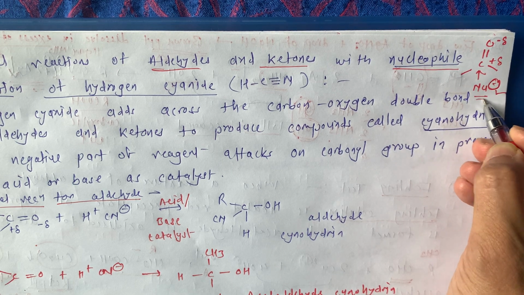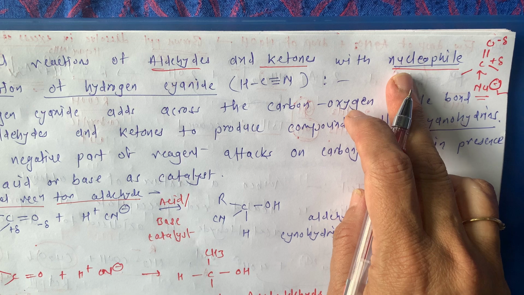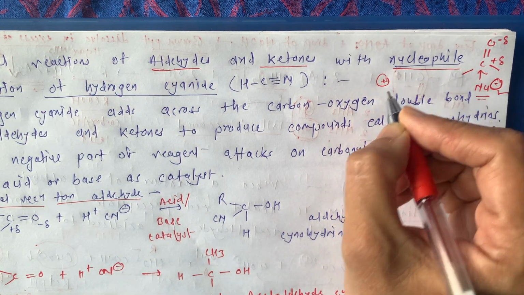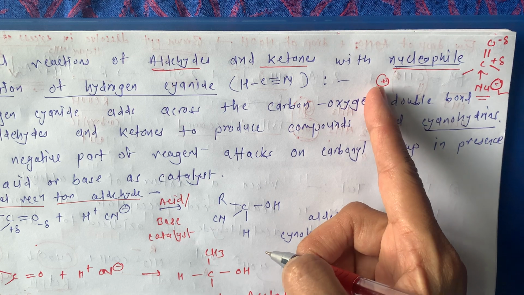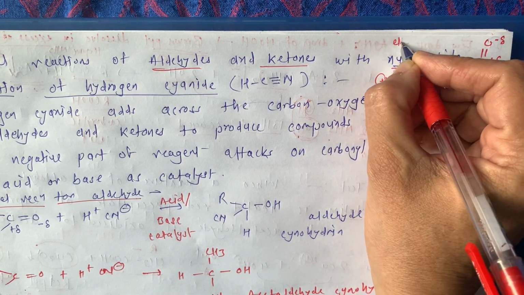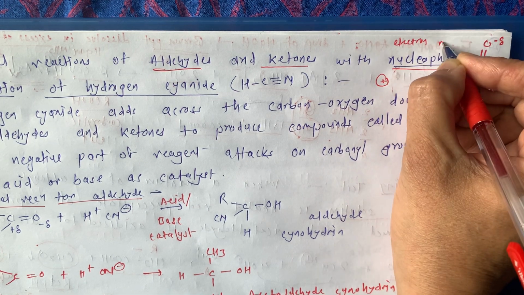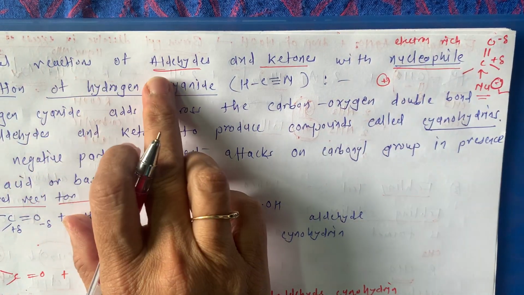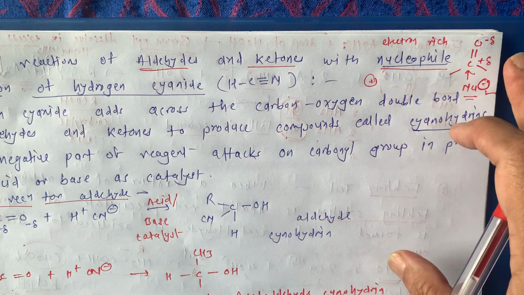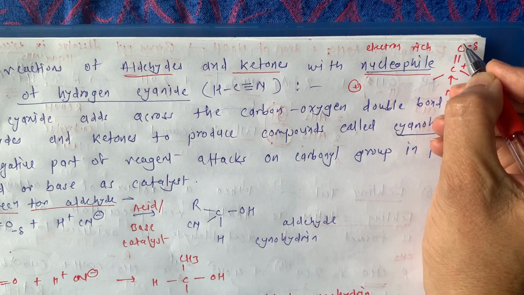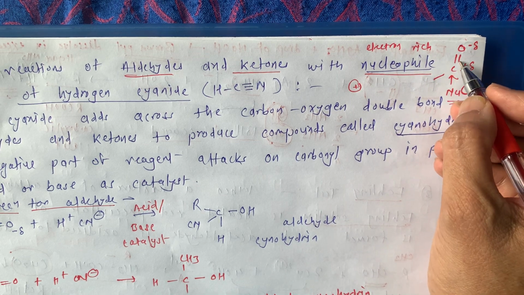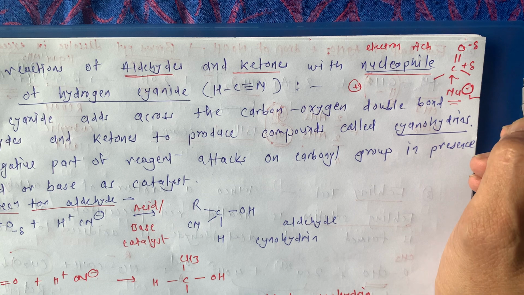Nucleophile means they are having some feelings about nucleus. Nucleus is always positively charged. They are having some feelings about a positive charge, so they are electron rich. Nucleophiles are electron rich. And now in this chapter, aldehyde and ketones, we know that this carbonyl compound is having two poles. This carbonyl oxygen is having partial minus charge, while carbonyl carbon is having partial positive charge.